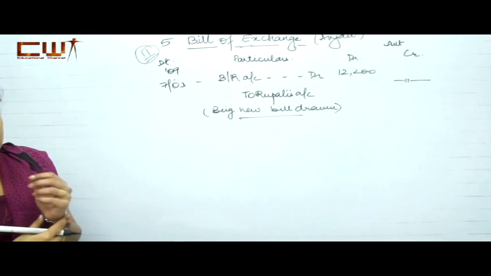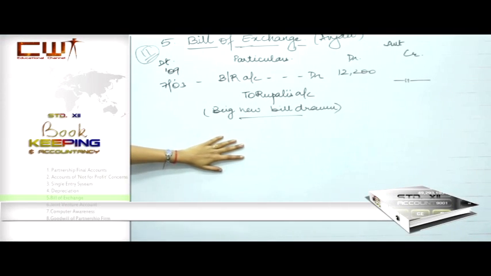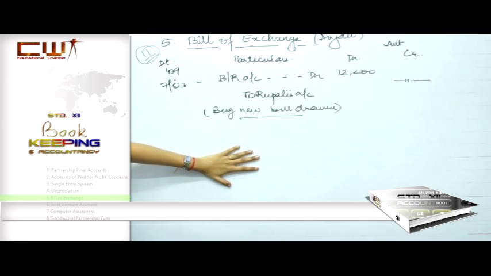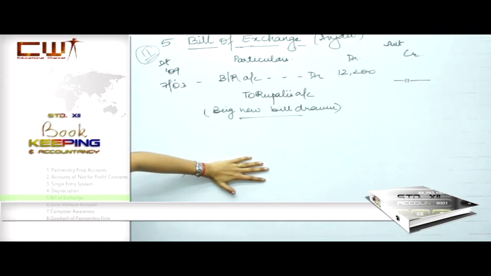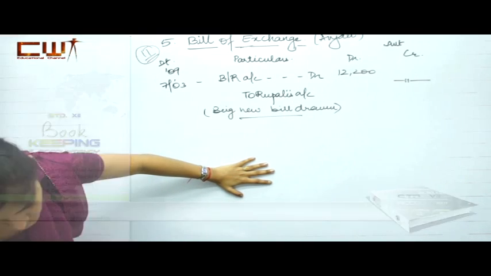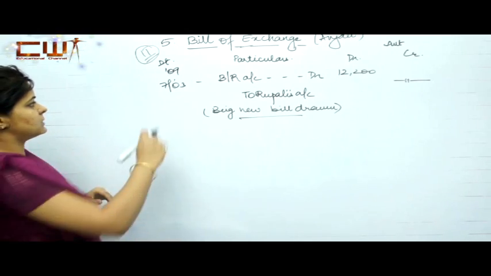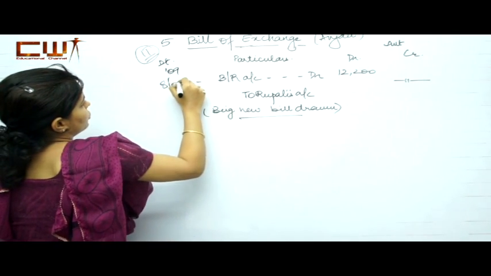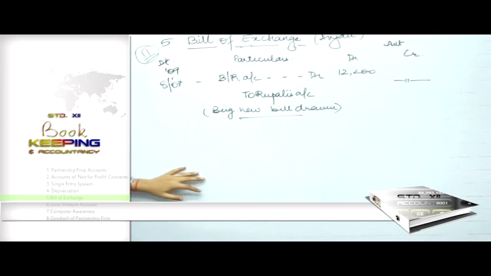Next is Rupali is dishonoring the bill. Right? For the balance, the arrangement so that the new bill was honored on the due date. Accepts the bill on 8th of July for 1 month with 200 interest. Right? On 8th of July for the balance, and these arrangements were carried. The new bill was honored on the due date. So there was nothing to be done. So this is accepts the new bill. I guess this will be 8th of July, right? For 1 month along with 200 interest for the balance, and the new bill was honored